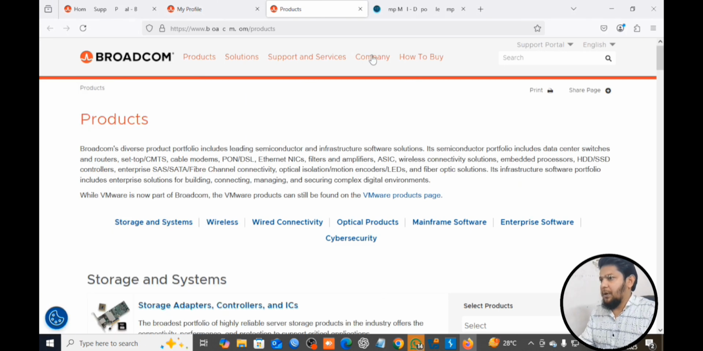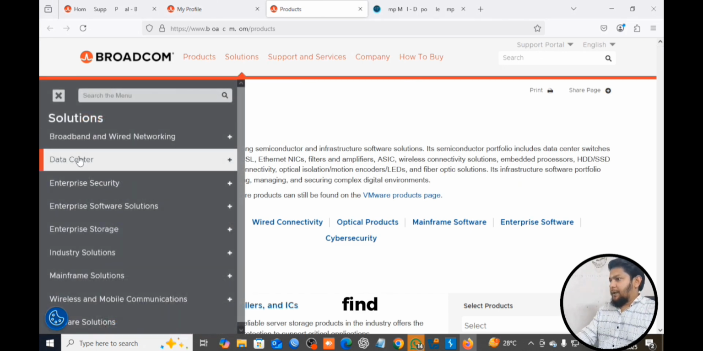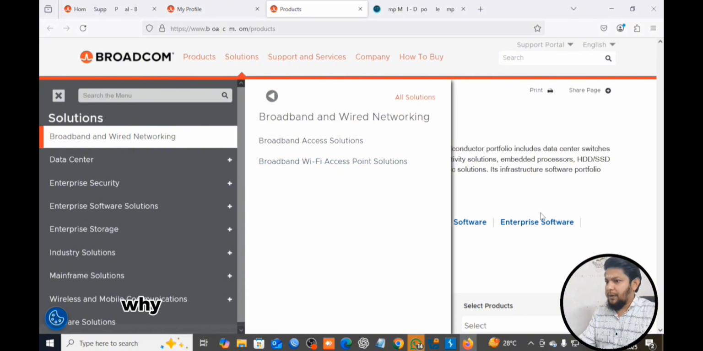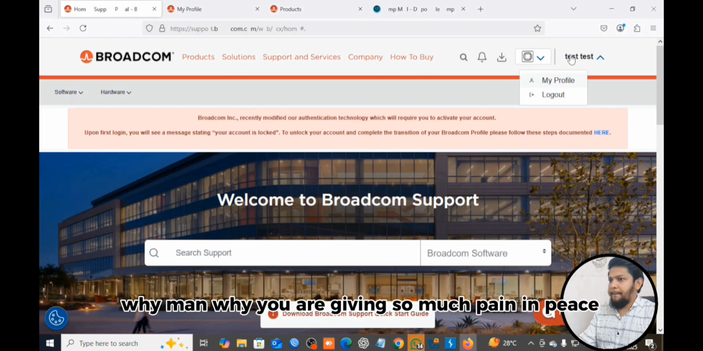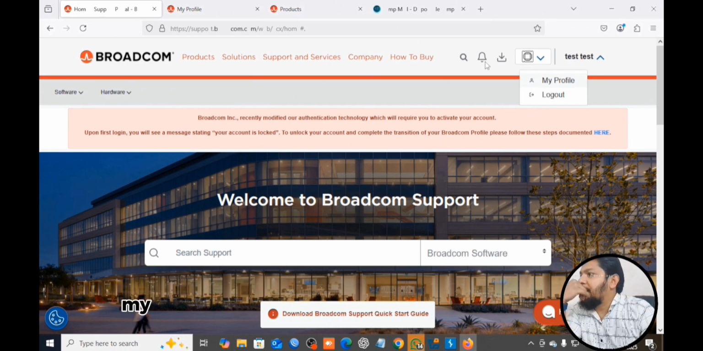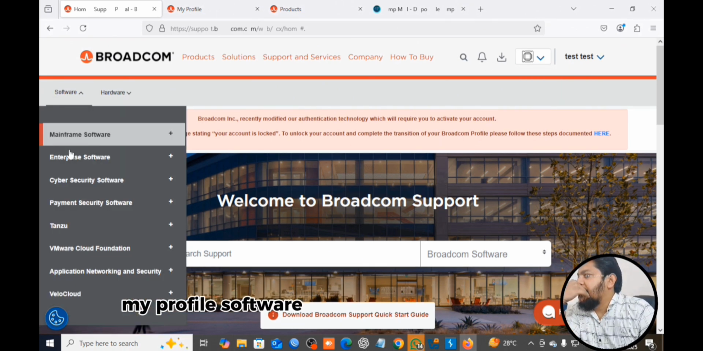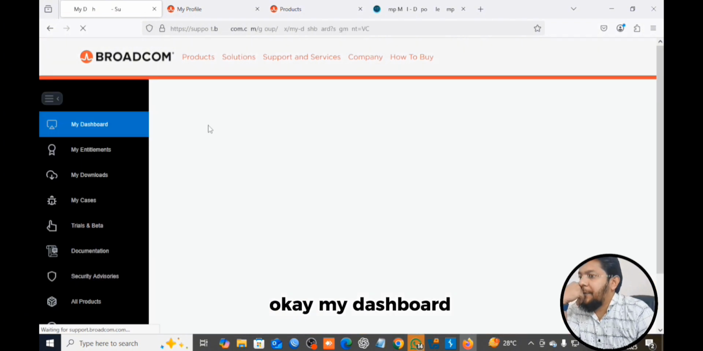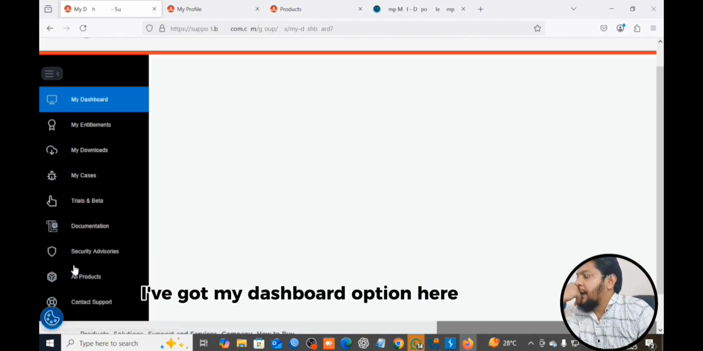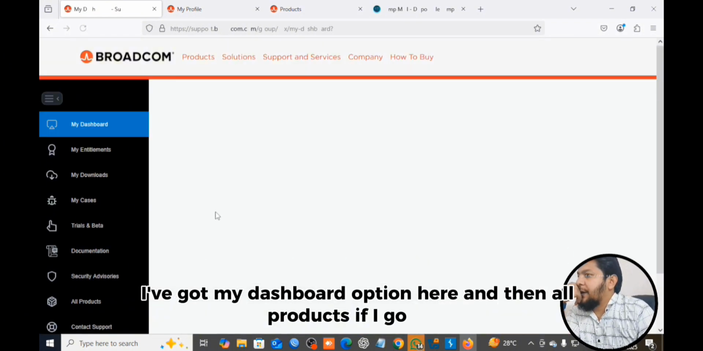I should find it. Why, man? Why are you giving so much pay? Yes, my profile software. Yes, software, VMware, and cloud solution. Okay, my dashboard. I've got my dashboard option here. And then all products, if I go here,